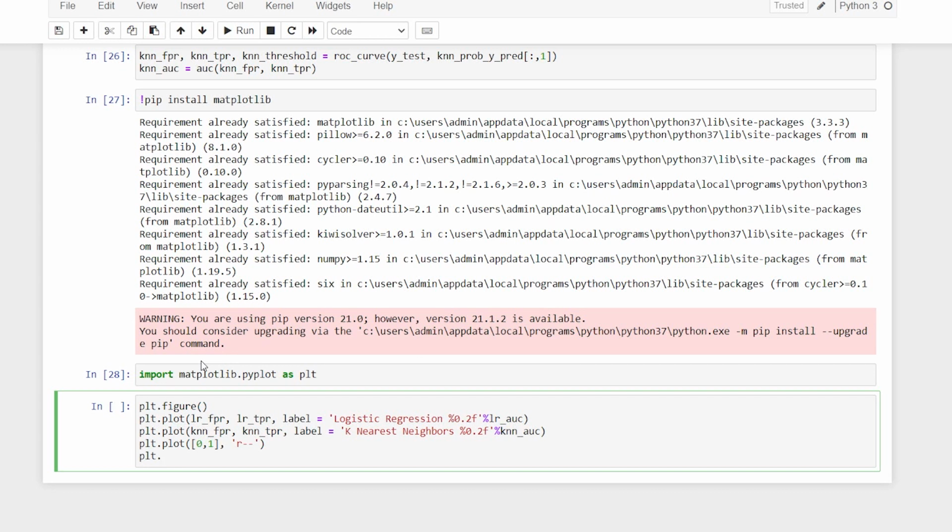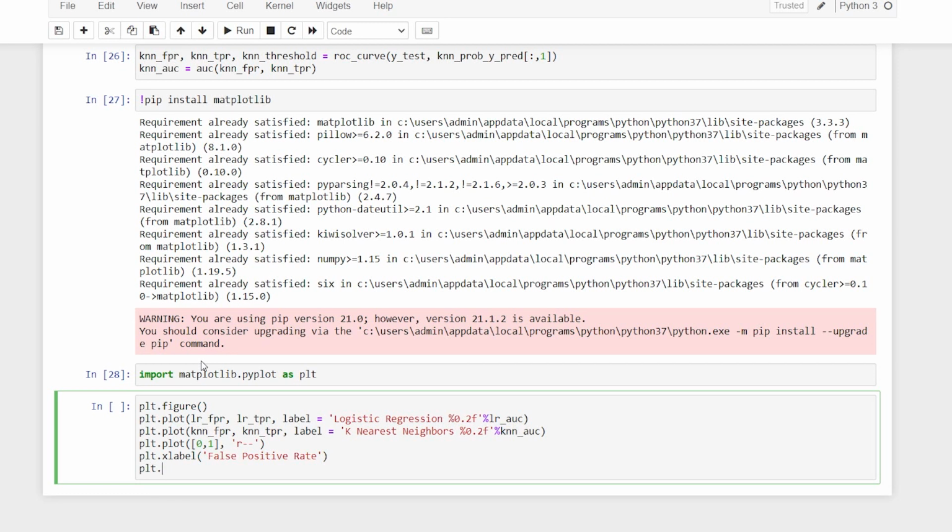Now I'll say plt.xlabel, and that x label is going to be false positive rate, and plt.ylabel, which is going to say true positive rate.